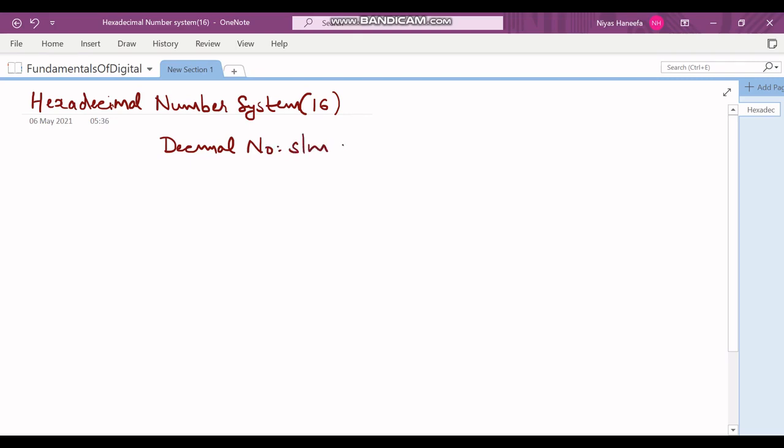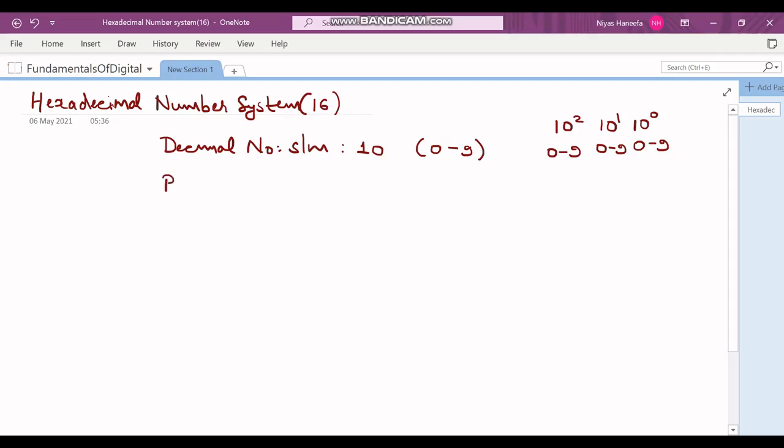So what we are used to is the decimal number system. And what is the base here? In the case of the decimal number system, the base is 10. And what are the symbols used in the decimal number system? The symbols are from 0 to 9. So whenever we are having a number, if it's only the units place, we'll be using any digit from 0 to 9. So 10 raised to 0, that position will use any digit from 0 to 9. Once this ends, we'll go to the 10 raised to 1 position. Again, we'll use the digits 0 to 9. Then the next is the 10 squared position. The digits used are from 0 to 9 and so on.